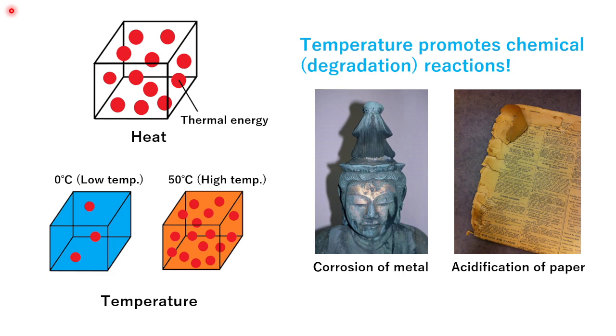However, it is not realistic to set the reading room below 10 degrees. So, instead, the temperature in the reading room is set to around 23 degrees in consideration of the user, and heat insulation should be increased by using an air conditioner to suppress the variation of the temperature to a small extent. If so, wouldn't it matter if the temperature is low at least in the stacked room where users don't often enter?